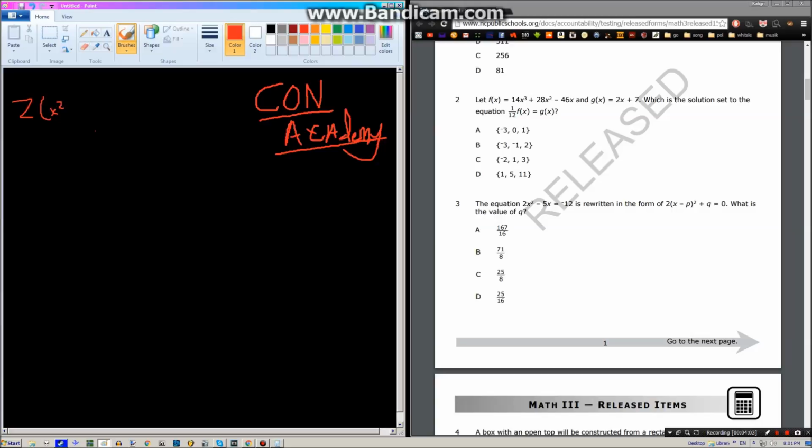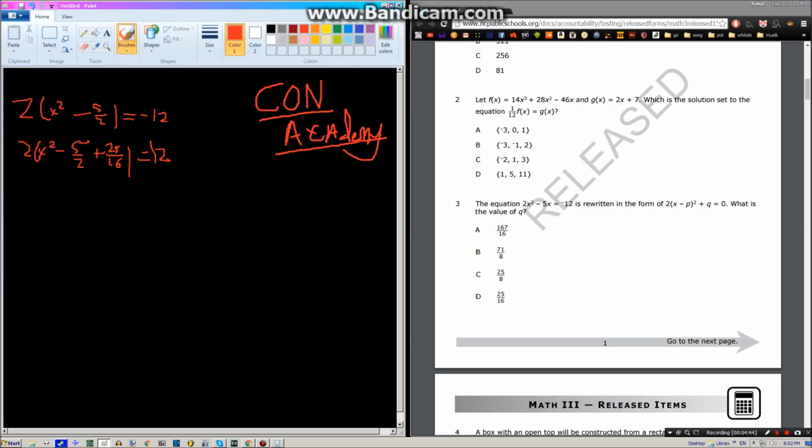2x squared minus 5 over 2 equals negative 12. That's what you're going to start out with. And then you're going to add our secret number, which is super secret, and it's special. So then you're going to get 2x squared minus 5 over 2 plus 25, that's our secret number, over 16, right? And that's going to equal